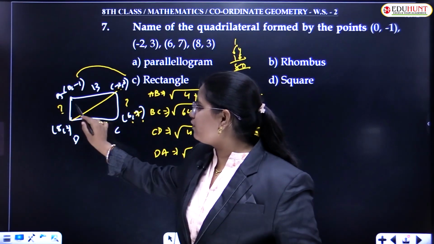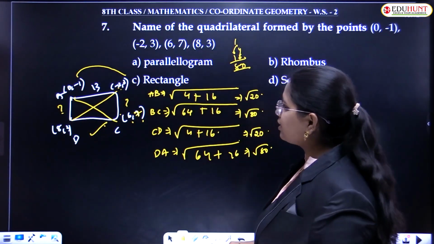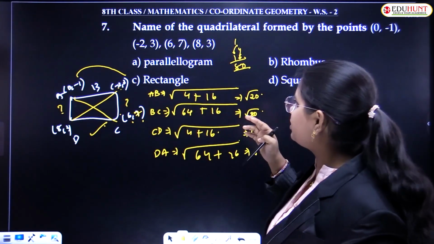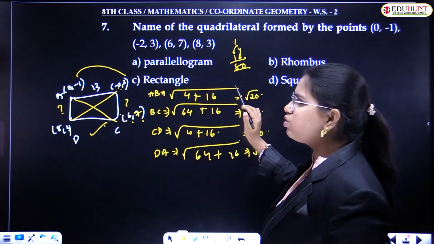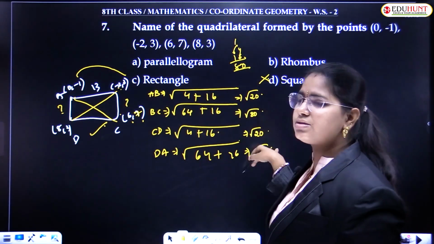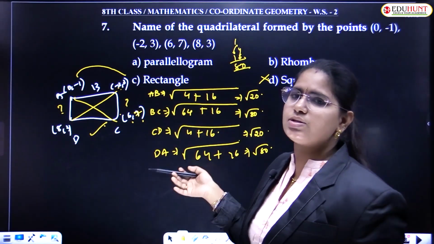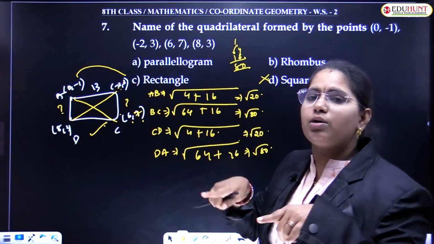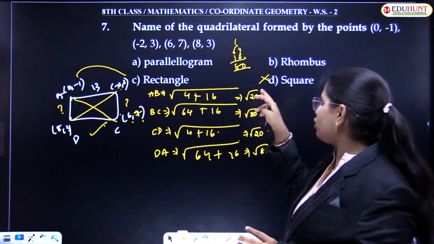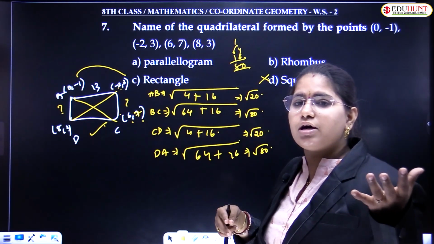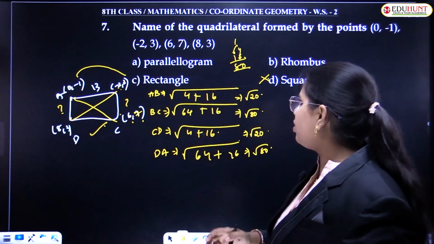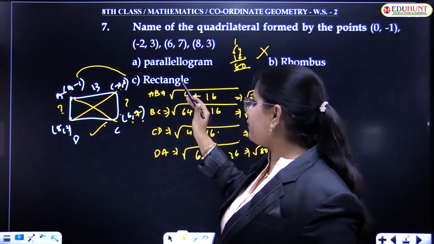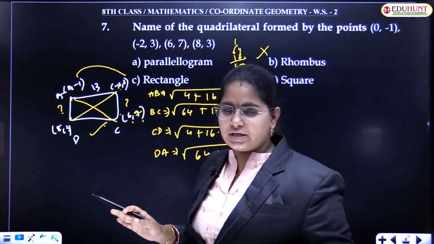So we are just left over with the diagonal lengths. Let's calculate the diagonal lengths to find out whether it is a rectangle or a parallelogram. Obviously it will not become a square because we didn't get all sides equal. In a rhombus also, all sides should be equal, and in a rhombus as well as in a square, you won't get different side values. So from this case, I can eliminate the rhombus and square options. We are left with parallelogram and rectangle.